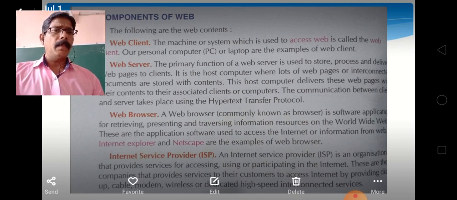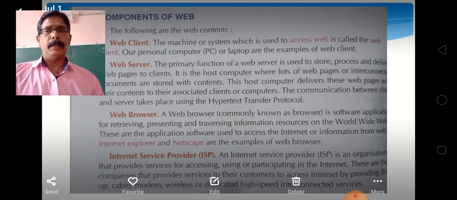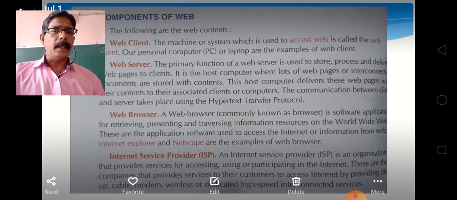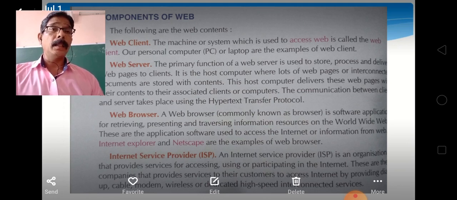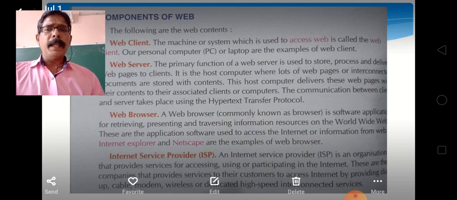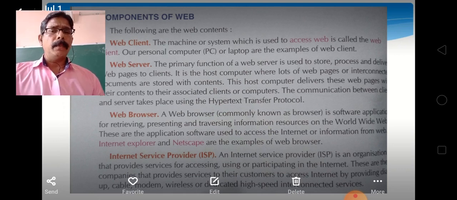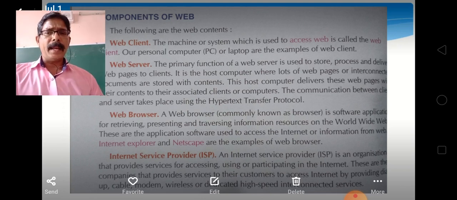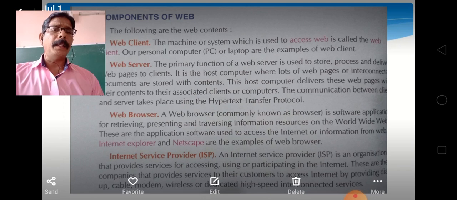Second, web server. A web server is a computer that runs websites. The basic objective of the web server is to store, process, and deliver web pages to the users.